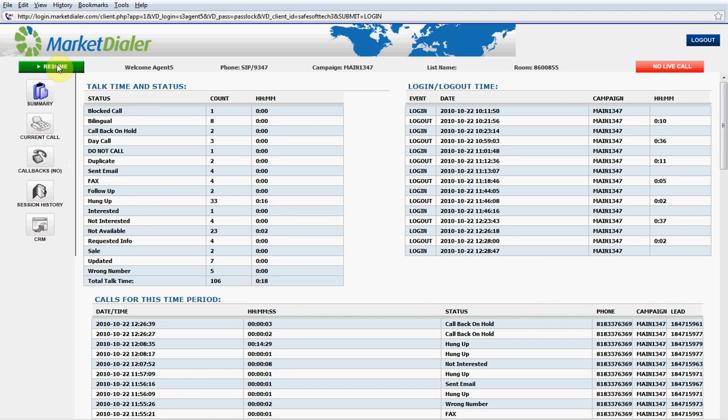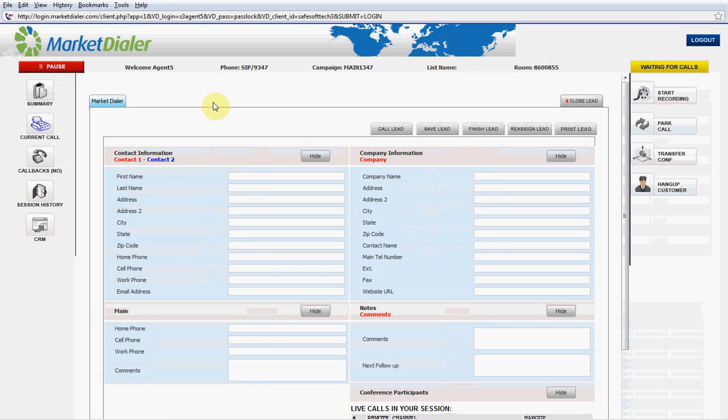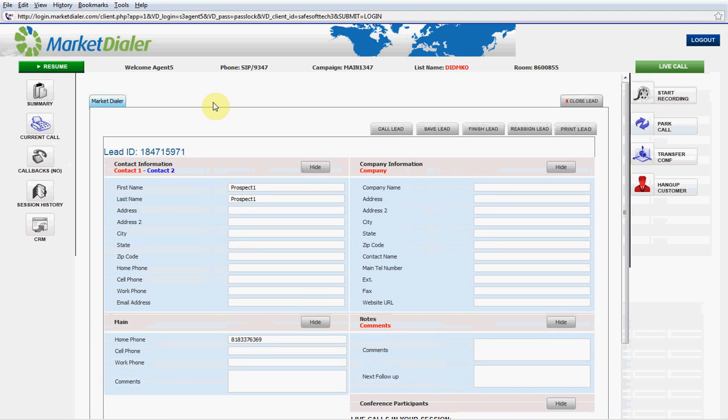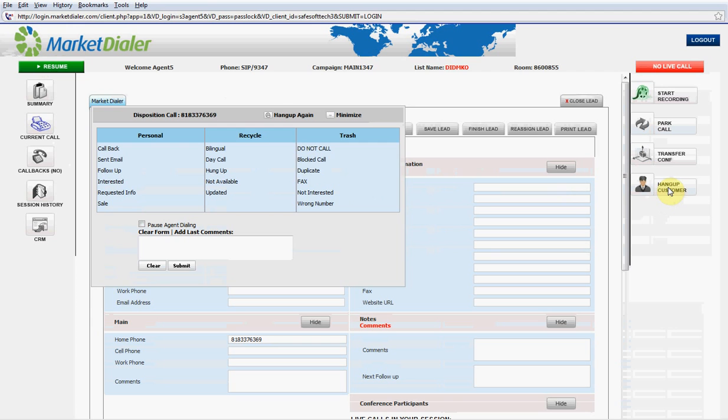So what I'm going to do is click resume and get a prospect on the line. And then I'm going to hang up on this customer and calendar a callback. So I'm going to go ahead and do that now. I'm going to hang this customer up, and I'm going to pick this personal grouped disposition here called callback. And once I do that, whether I double click it or click it once and then click the submit button,